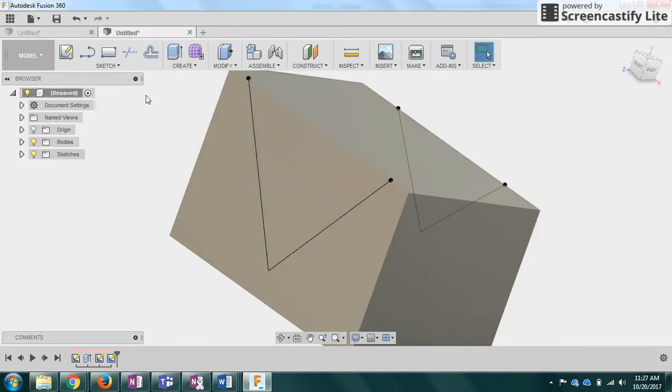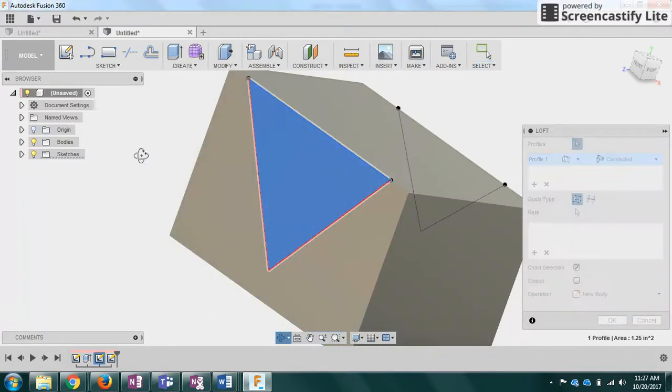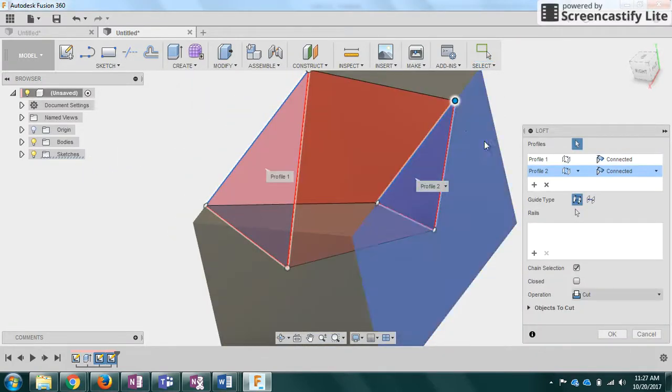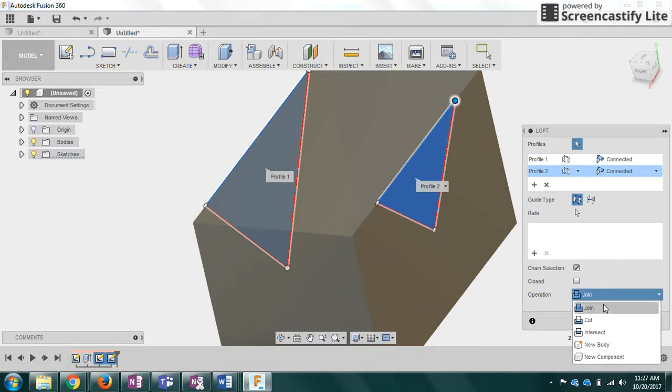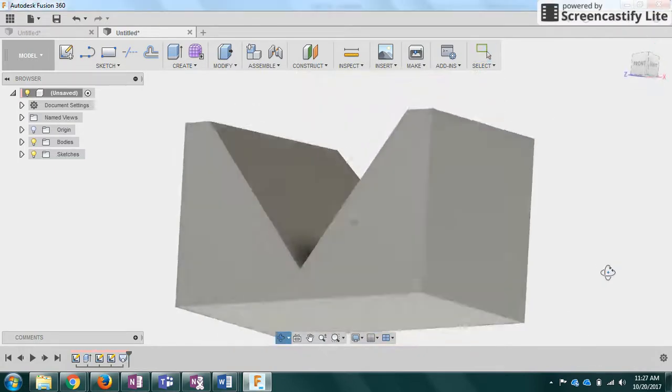I'll show you again. So you go to create a loft, select this area, select that area, and it realizes you're trying to create a space between them. It's going to default to cut because it can't make anything in a space that something's already made, or it doesn't want to at least. If it did, I mean, you could put join, but just cut, hit OK, and now I've got that V